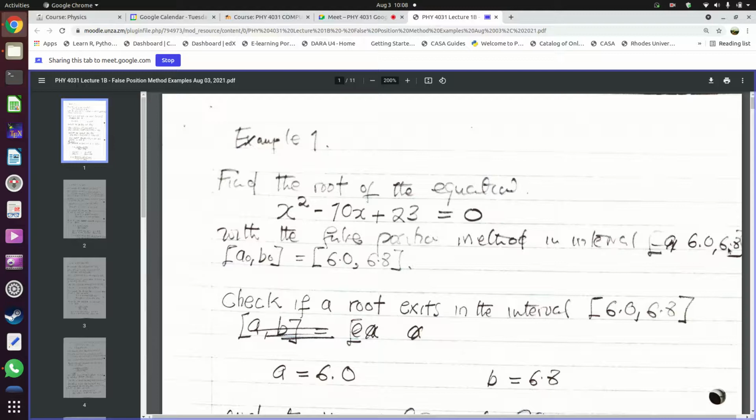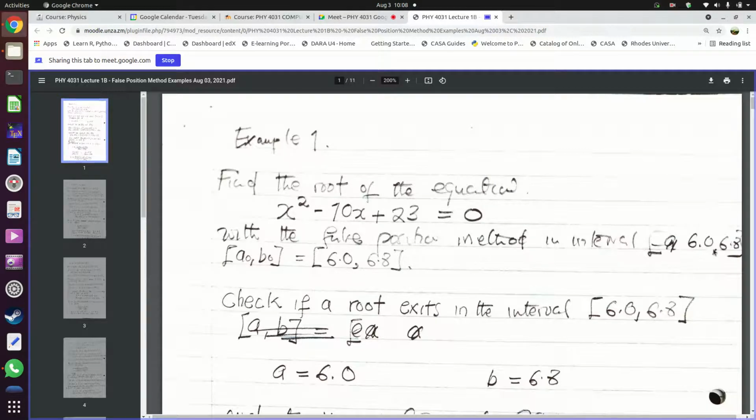It can slow down even though eventually you're going to get the answer. So usually we start with an interval which is small enough. Like in this case, the thickness of the interval between 6 and 6.8